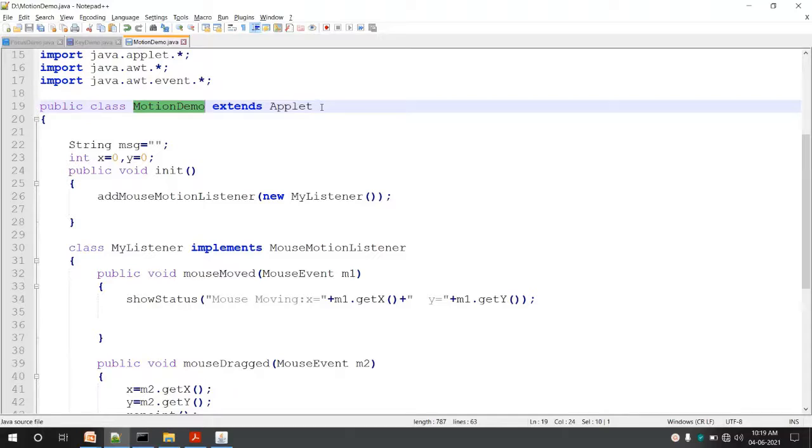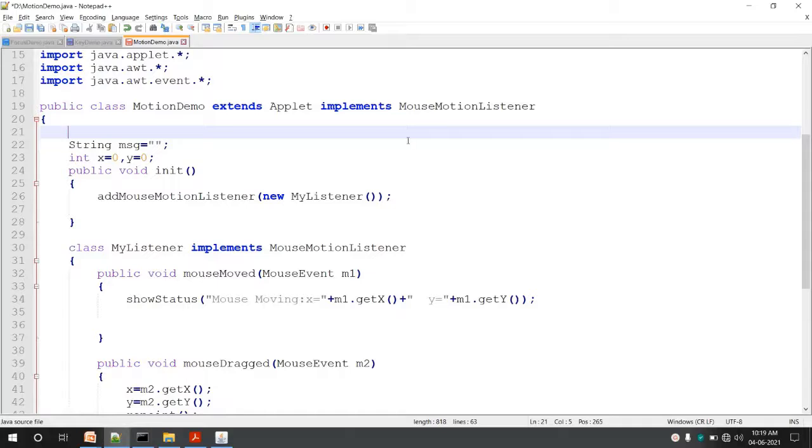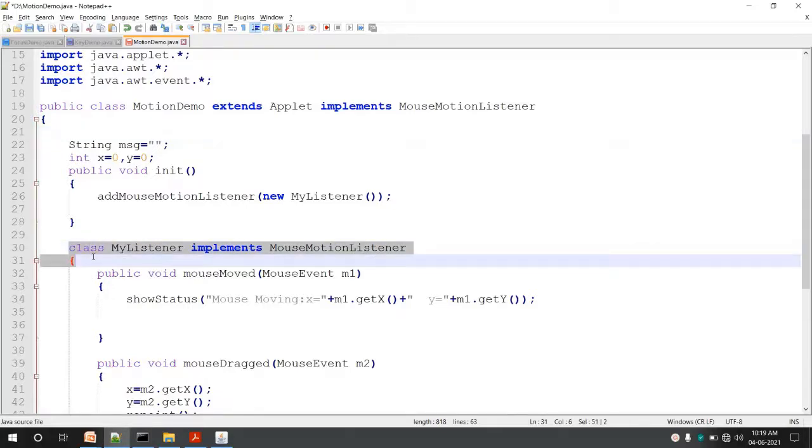In that case, what we have to do is just add here implements, and the listener has to be implemented by the main class itself. Because we want the main class to behave like a listener, the main class will implement the listener, and this class code can be removed.